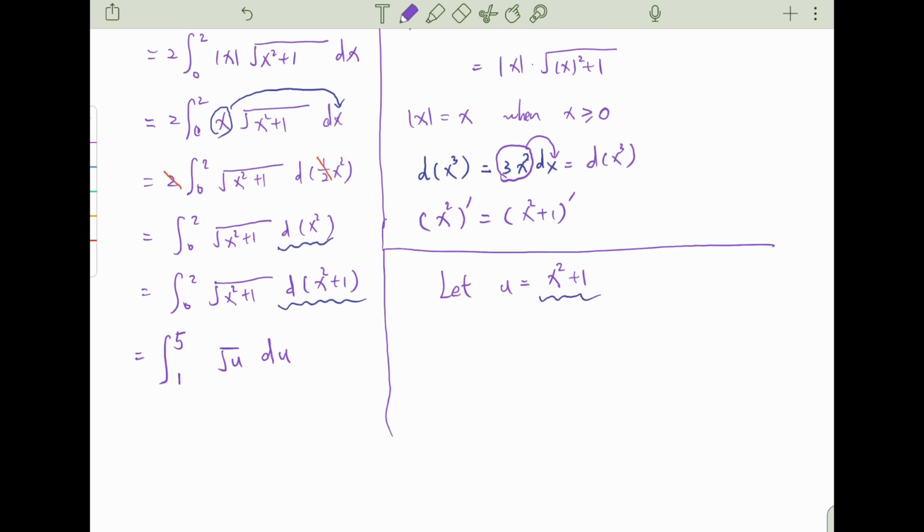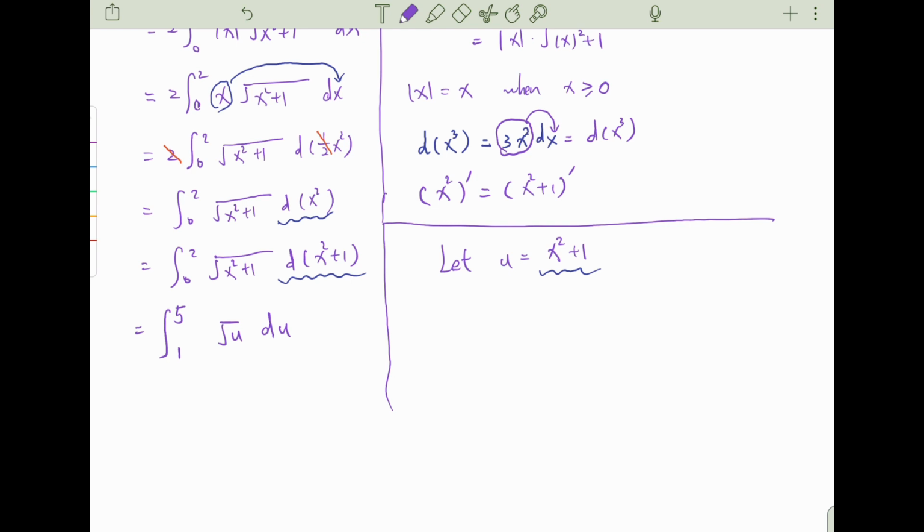Now, after this step, it's going to be very easy, right? You can just use the fundamental theorem. Maybe just look up your formula sheet. This is 1/5 u to the 3 over 2 du, right? Which is equal to